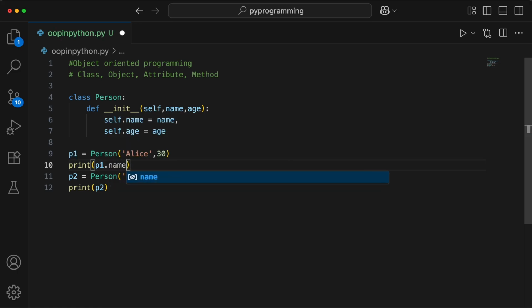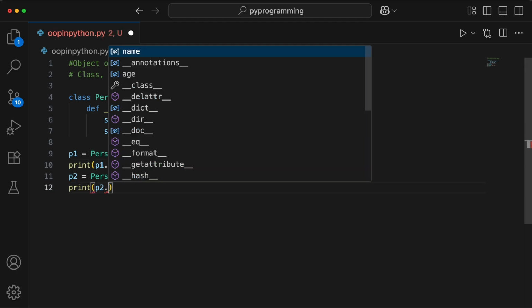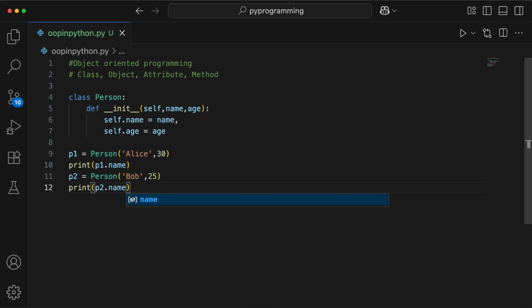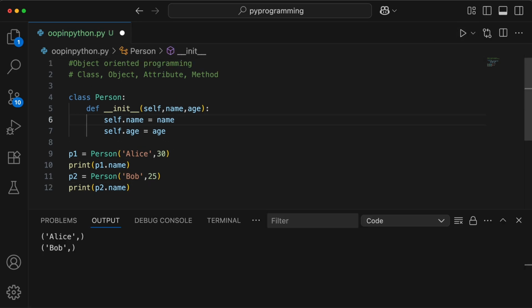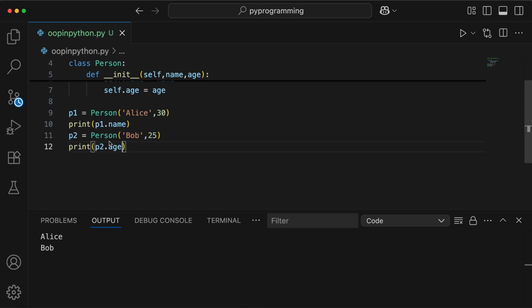Here, if I want to access name, I can just access name, and here also, whatever attribute I want to access, I will just put dot, and then I will mention the attribute name. There shouldn't be a comma here, so I'll remove this, and let's run this again, and you can see the values. And similarly, if you want to access, let's say, P2's age, you can access it with the operator and the age attribute, and you'll get the age. Keep in mind that each object here is independent even though they use the same class.